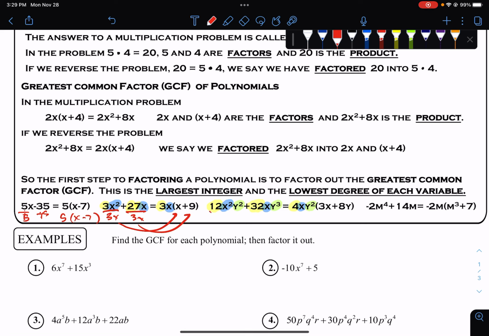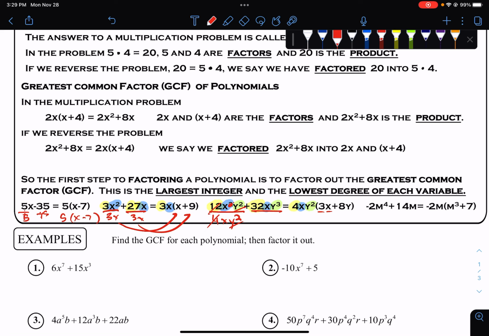So I'm going to take 12x squared y squared, and I'm going to divide that by 4xy squared. So the 12 divided by 4 becomes 3. The x squared divided by x just becomes regular x. And y squared divided by y squared becomes nothing, just 1. Okay,